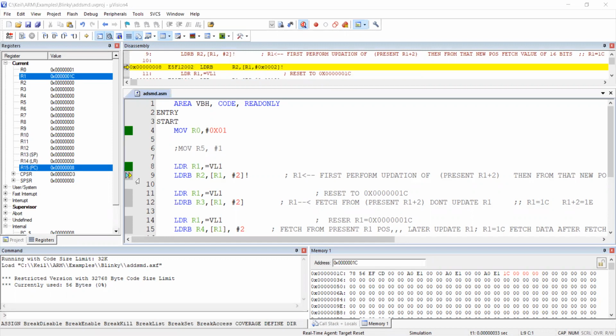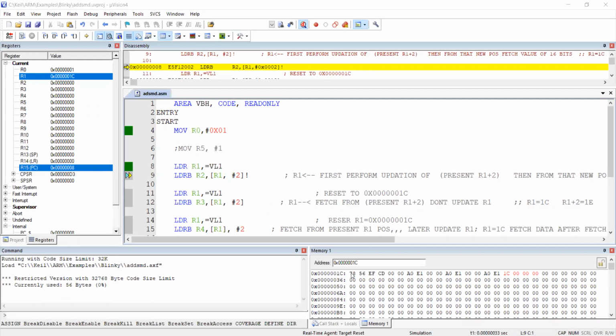So what will line number 9 do? I will dictate: the present R1 is 1C, so it is going to do 1C plus 2. The answer will be 1E. From there it will take 1E.